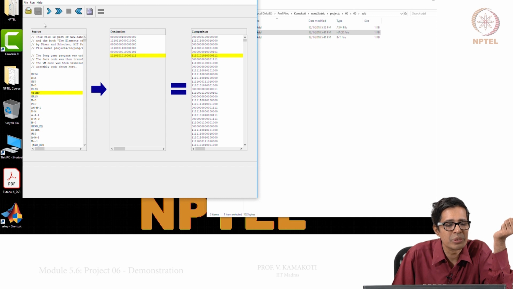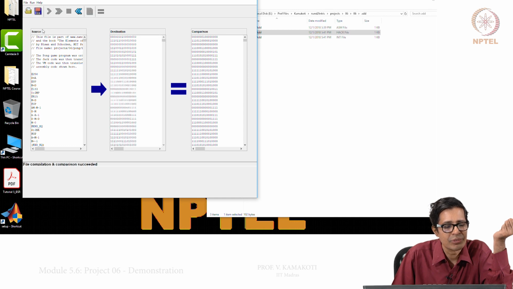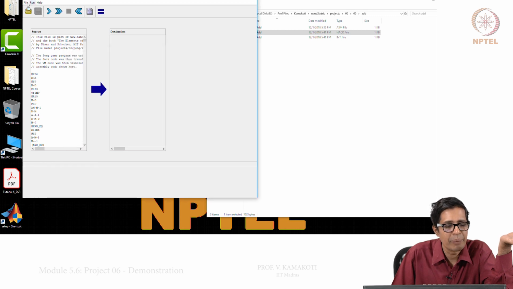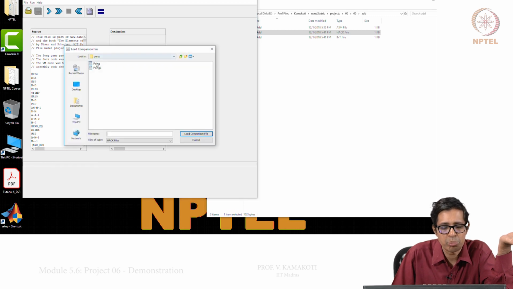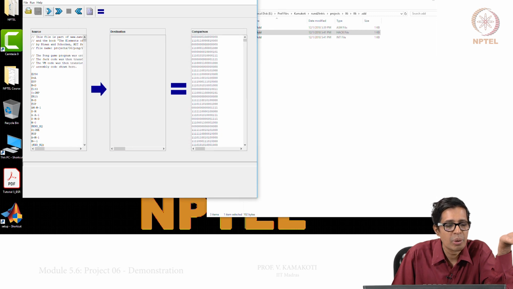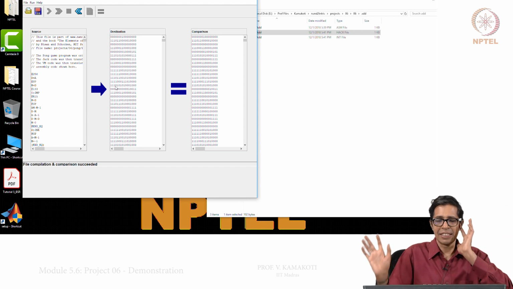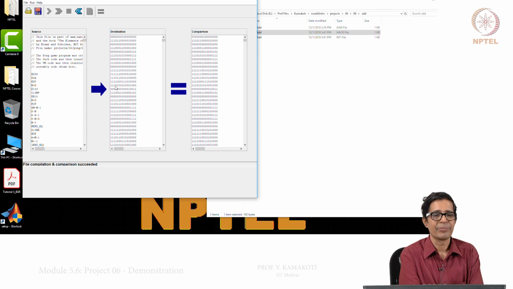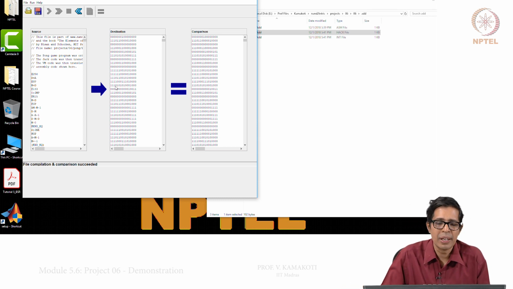So how can we do this? For running, there is something called fast translation, right. So I will do that again: load the source file which is pong, load the comparison file which is again pong. Now go to run and say fast translation, test translator. There are 27,000 instructions and it worked, right? So this is how you verify.